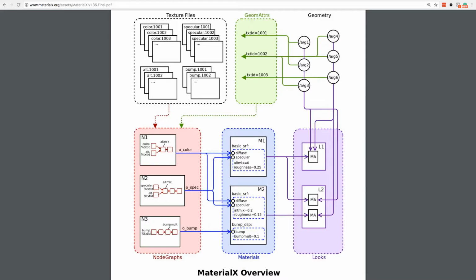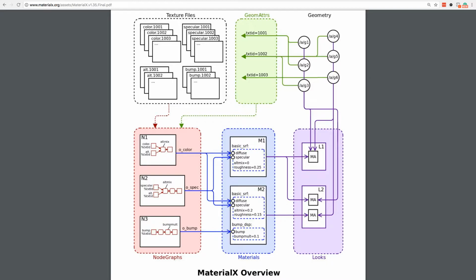A material can also be made out of a surface shader and a displacement shader, and sometimes they don't have a displacement shader or a bump shader, but these things together will define a material. Now, these materials are going to be used sometimes to put together what is considered a look. This look is what is going to be assigned to the object. So the object is never going to have a direct assignment of a material. It's almost always going to be done through a look.